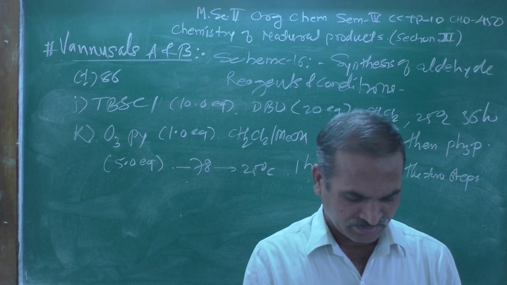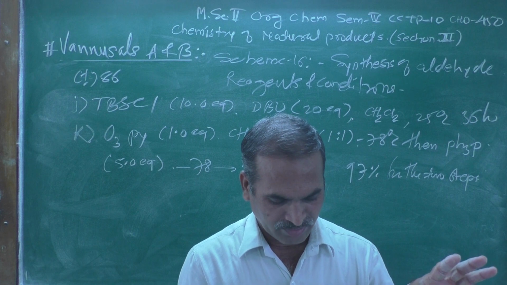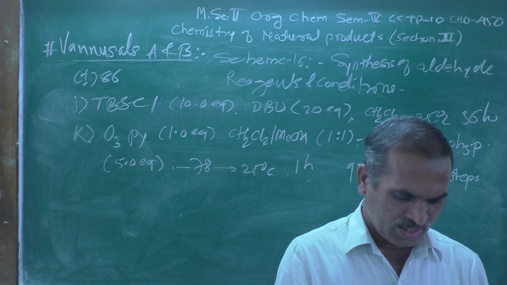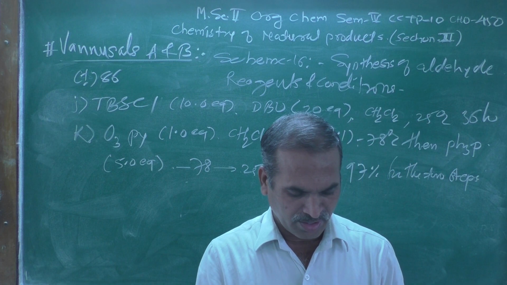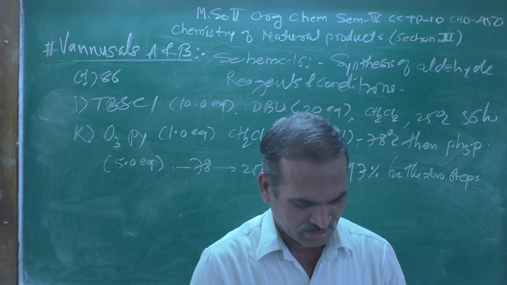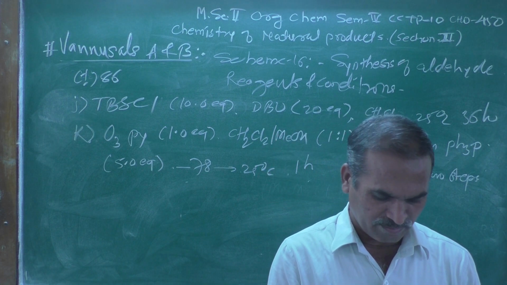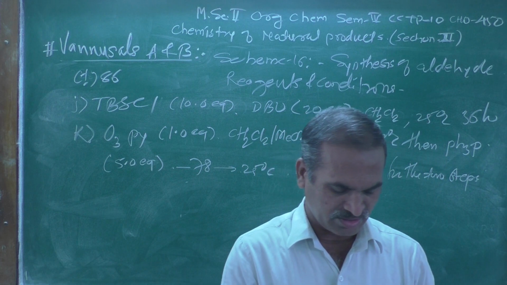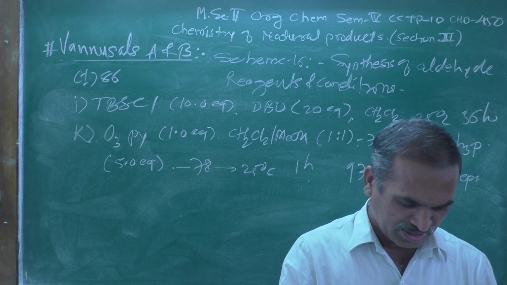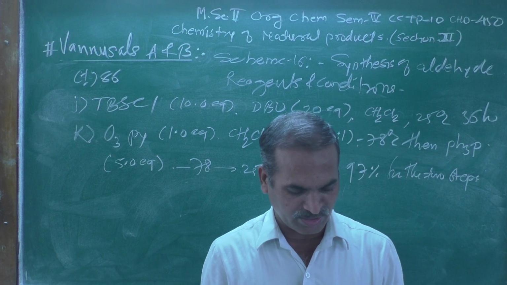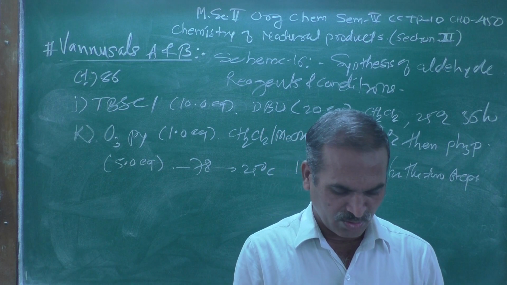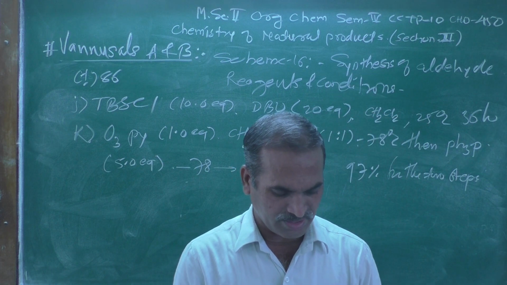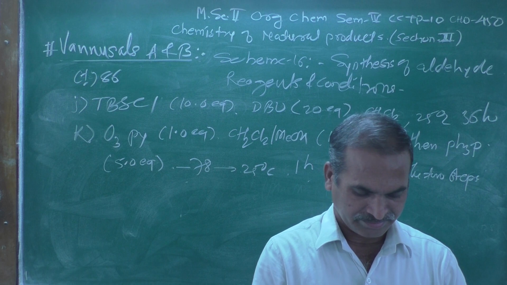affording fully protected intermediate (±)-83, and the remaining steps from (±)-83 to aldehyde (±)-86 proceeded through intermediates (±)-84 and (±)-85, and followed the same route previously discussed in scheme 8.